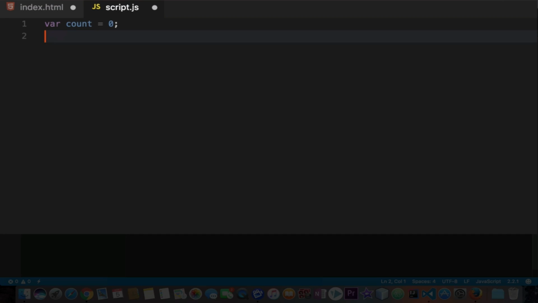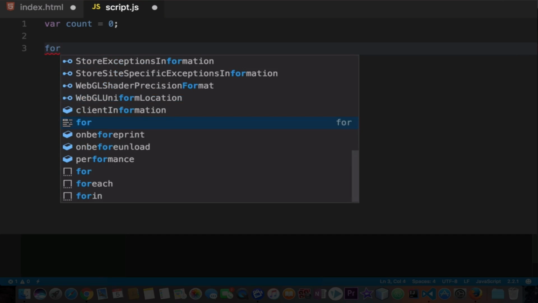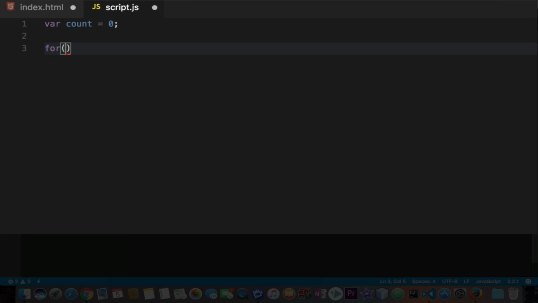Now in the while loop and do while loop, we had to add the condition next to the while, and then we added the iteration like count plus plus inside our code block. But with the for loop, you can add those things in one line. Now let's look at the for loop example. We have the count value 0. I'm going to type for is a keyword to start a loop. Add parentheses, and the first